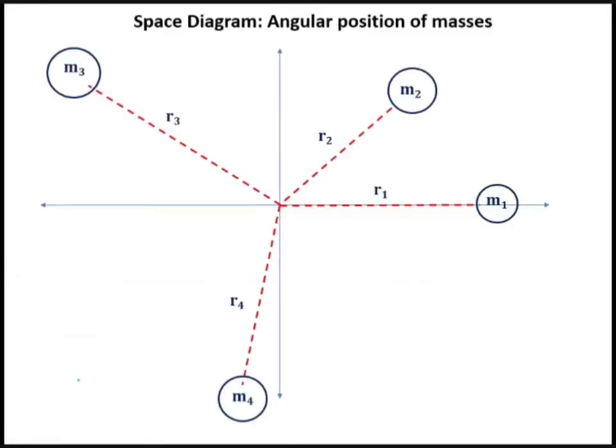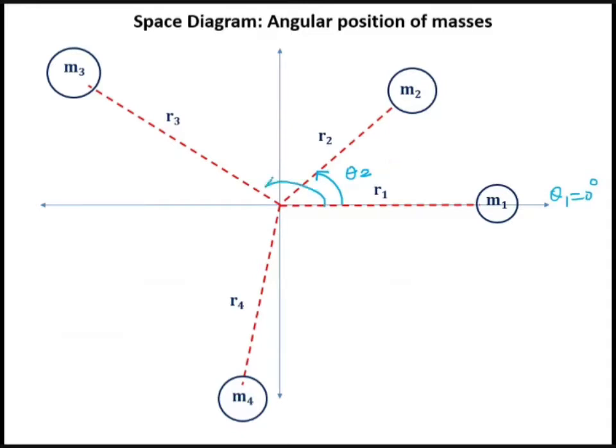Okay. Now the space diagram. How do we have to draw the space diagram? First of all, locate this M1. For M1, theta 1 is equal to 0 degree. Then locate theta 2. Mass M2 is from mass M1 at an angle theta 2. Now you have to use your protractors and properly locate the angles. Properly plot the mass angles and locate the masses M1, M2 and M3. So theta 2 is given as 65 degrees.